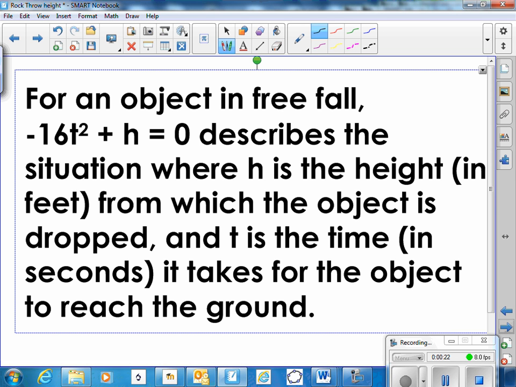There's an equation for an object in free fall, negative 16 t squared, where t is the time that it's in the air, plus h equals 0, describes a situation where h is the height in feet from which the object is dropped, and t is the time in seconds it takes for the object to reach the ground. So this is just if you're dropping something. Well,